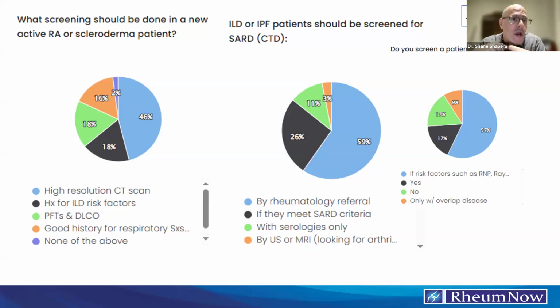So I think we should be screening our patients on history, physical exam, and I do think we should be doing screening serologies. And I get it. I talk to a lot of rheumatologists who say, don't go fishing. Don't find me something I don't know what to do with. But the reality is that most pulmonologists are not able to take a really good history for autoimmune disease. And so the serology is not meant to be a diagnosis. That's just meant to flag the people that you're going to send to a rheumatologist, because every once in a while they'll do some nail fold capillaroscopy and come back and be like, how did you miss it?